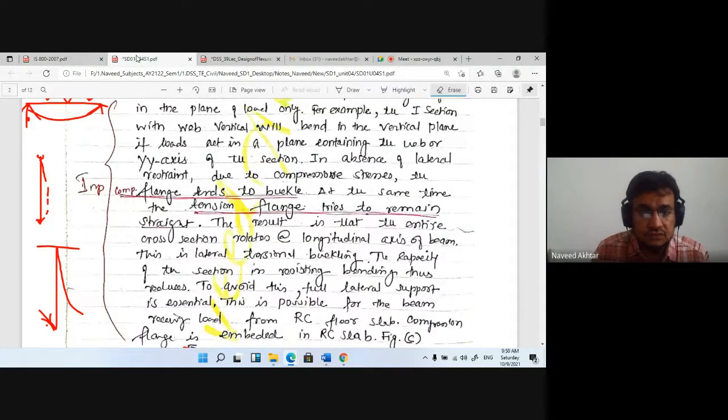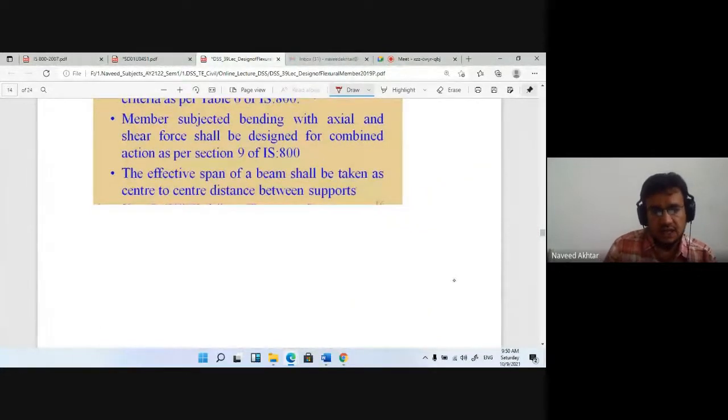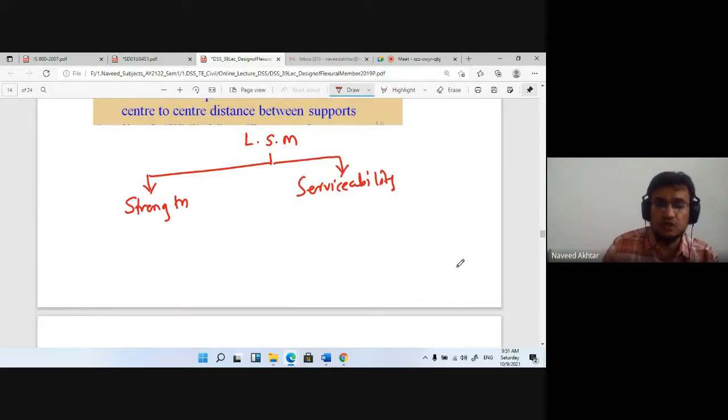So you know that there are two types of limit state. I will write down the limit state method. It is of two types. First is the strength criteria, and second one is the serviceability criteria. So when you are designing any type of member, you have to check both the strength of the member